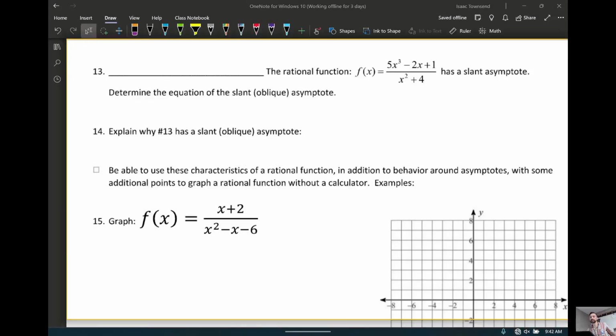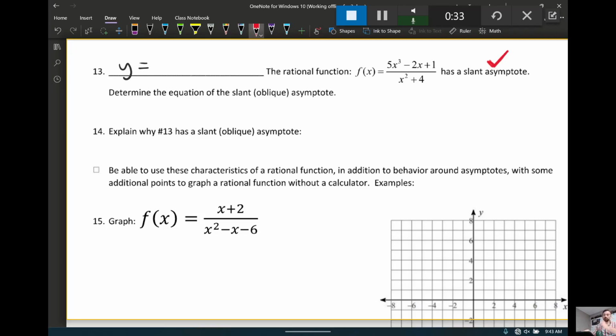13 says we've got a rational function, and you're being told it has a slant asymptote this time, although you really need to know that on your own. The degree of the numerator is 1 bigger than the degree of the denominator. That's how you're supposed to know it has a slant asymptote without being told. And it's asking us to determine the equation, so it will be y equals of the slant asymptote, also known as oblique asymptote. Actually, I'm going to do question 14 with this as well, because I just said it, but